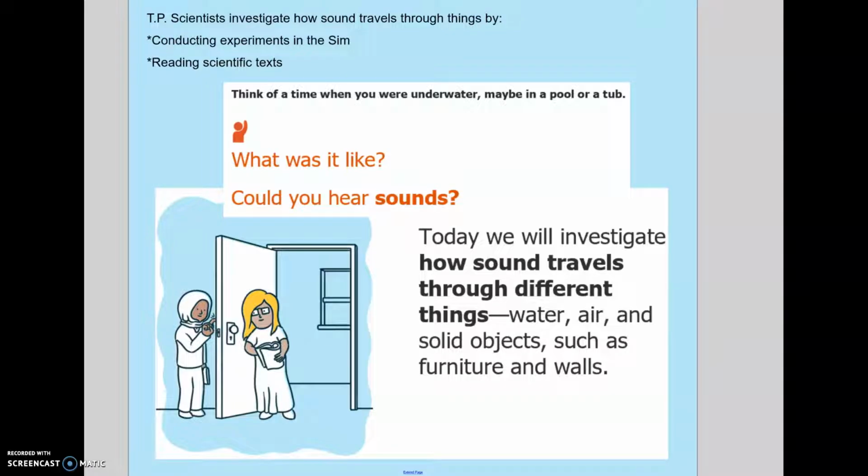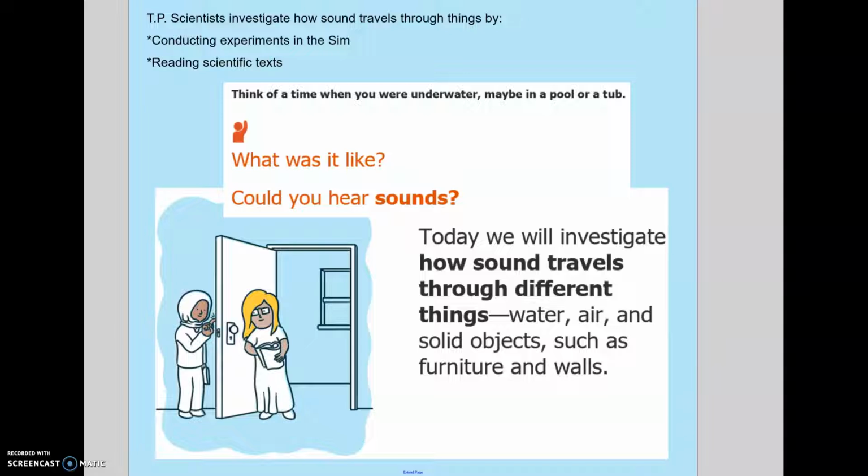Miss Higgins here. I want you to think of a time when you were underwater, maybe in a pool or maybe a tub. What was it like? And could you hear sounds underwater? And if you could, that's making me think, if sound can travel through water, what other types of materials can